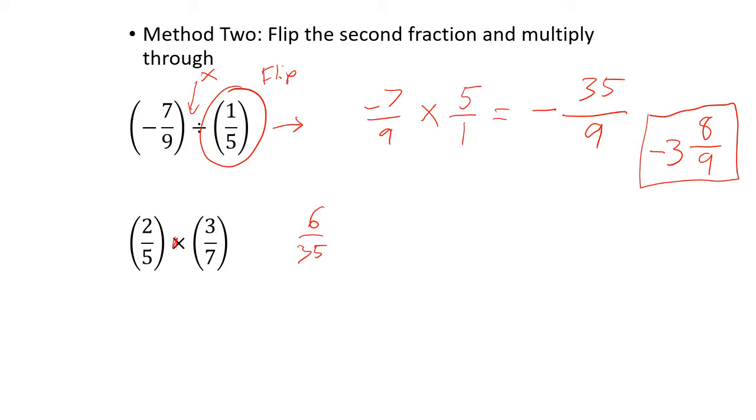Now, if it hypothetically said divided by, I think that's what I intended, is to make it say divided by, then it'd be 2 over 5. And then we have to flip this one, so it'd be 7 over 3. And then we multiply it through. 2 times 7 is 14. 5 times 3 is 15. Okay, so we see you get way different answers. So that's our second method for